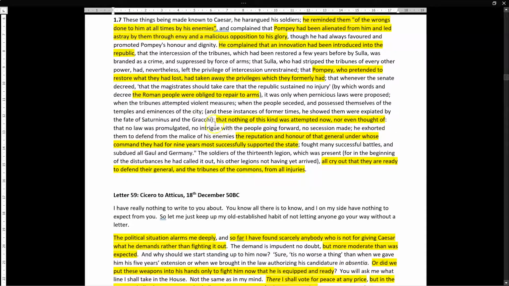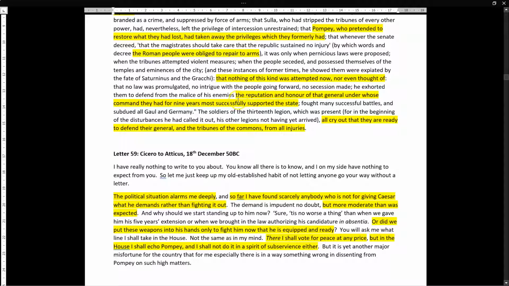In terms of why his laws are being attacked, he doesn't understand, because there are other people who were seen as more dangerous to the city. Nothing of this kind was attempted now, nor even thought of. So he's not anywhere near as bad as previous people, but yet he's being attacked. Why are you attacking me? I've done nothing wrong. So he exhorted them to defend against the malice of his enemies